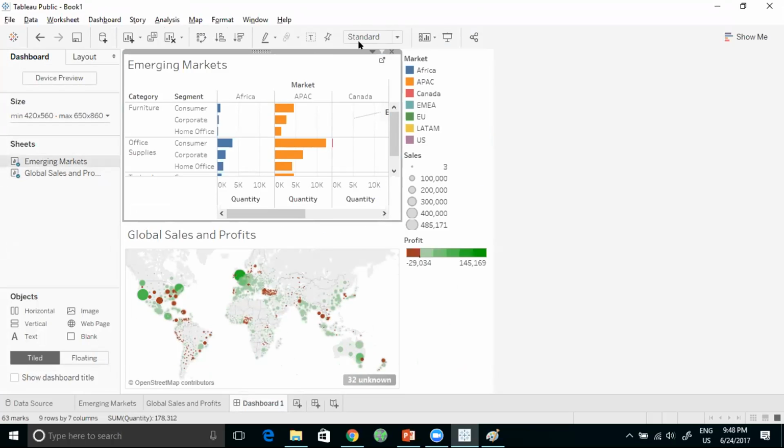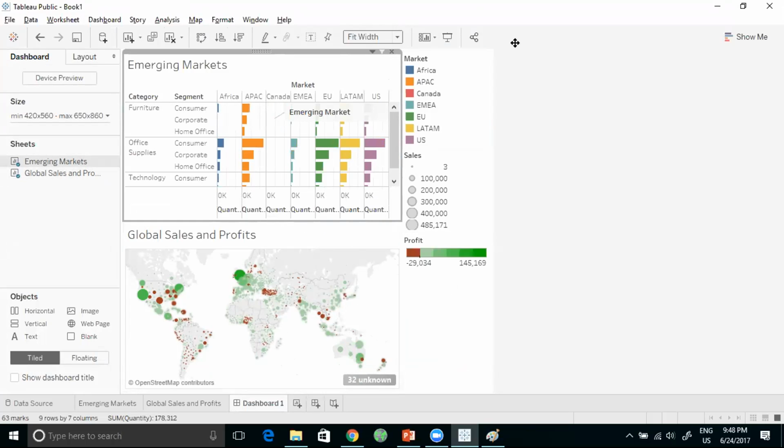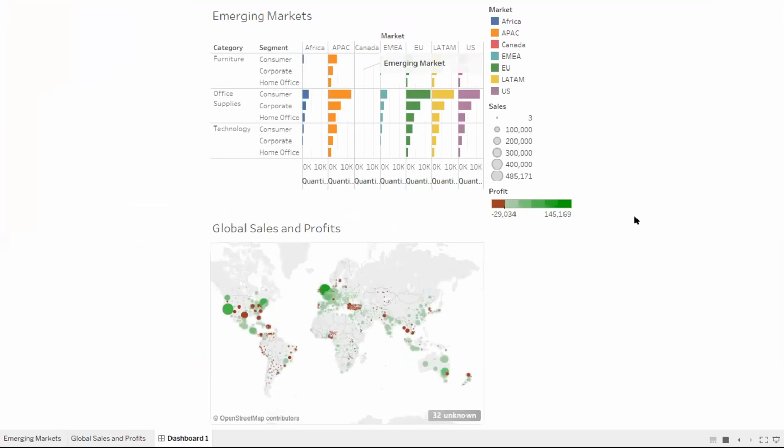By the way, I can get things to fit exactly as I want them. So I can fit this to the width. And there we go. This is much better, isn't it? That's how easy it is. And we're going to create much more complex dashboards in the classes that come up and learn about Tableau very, very intuitively. Now they've got a very good question from Sai, right?